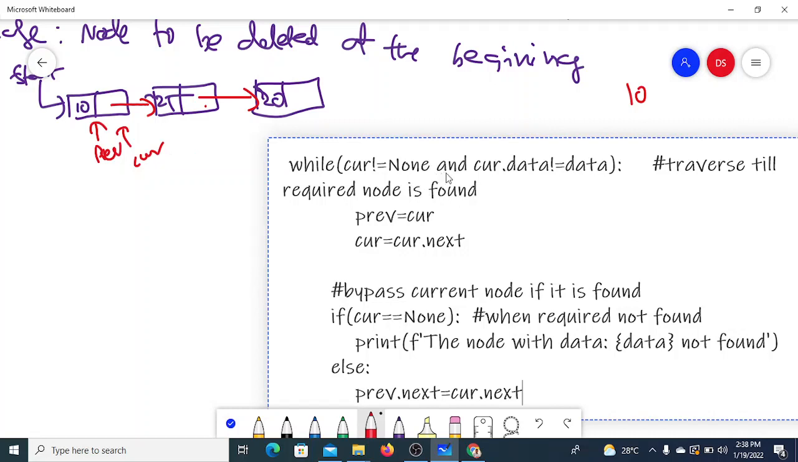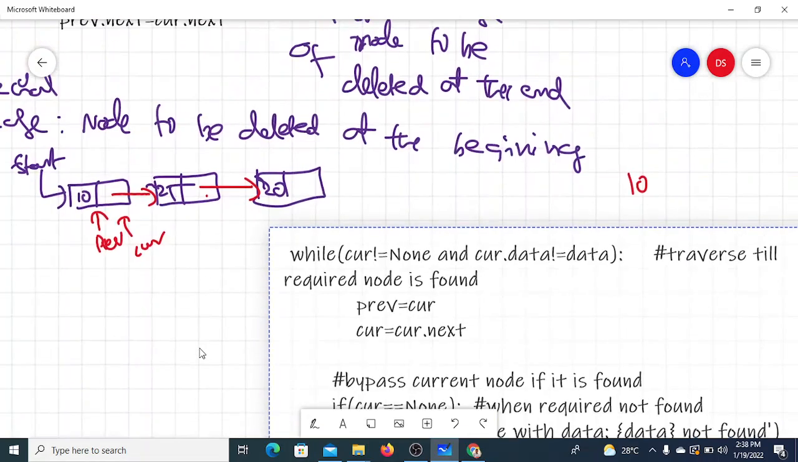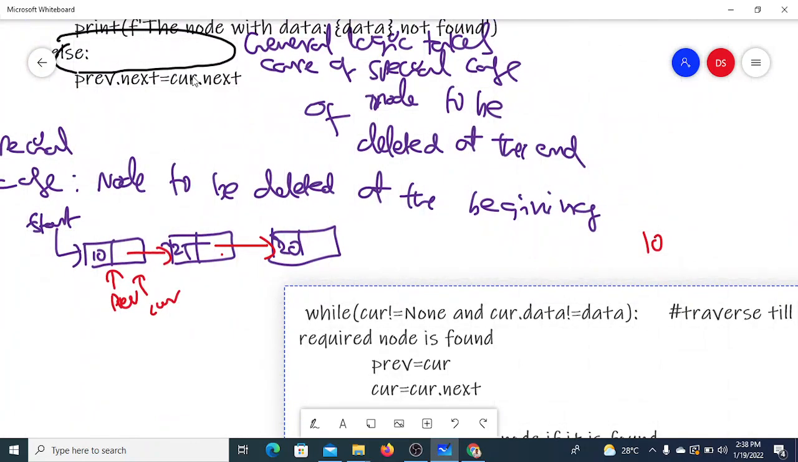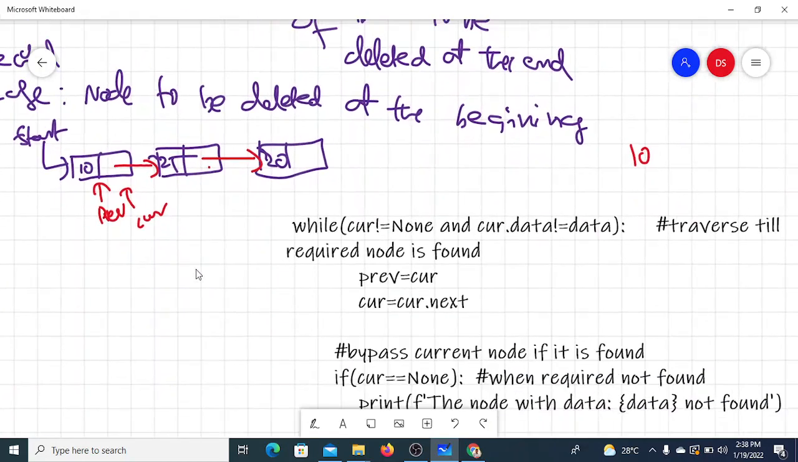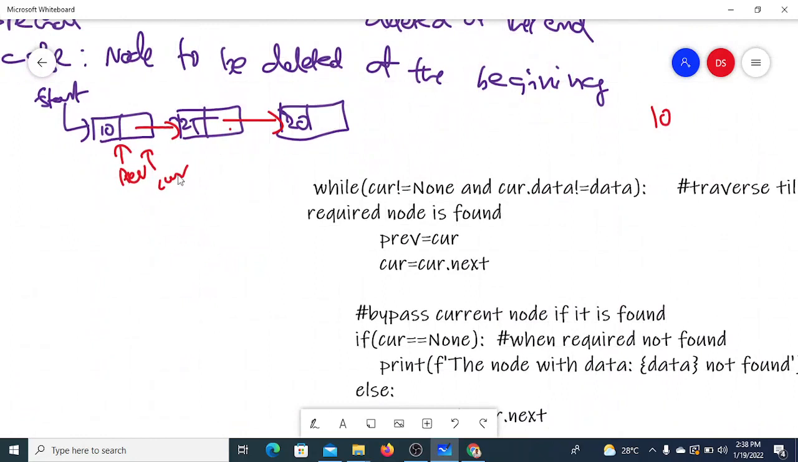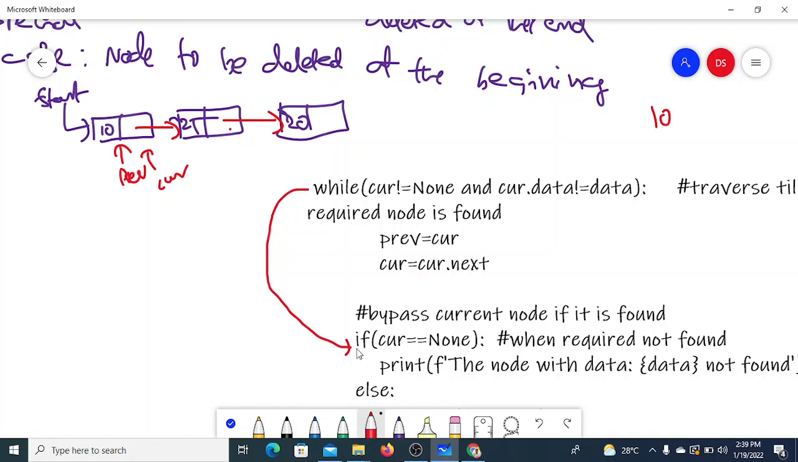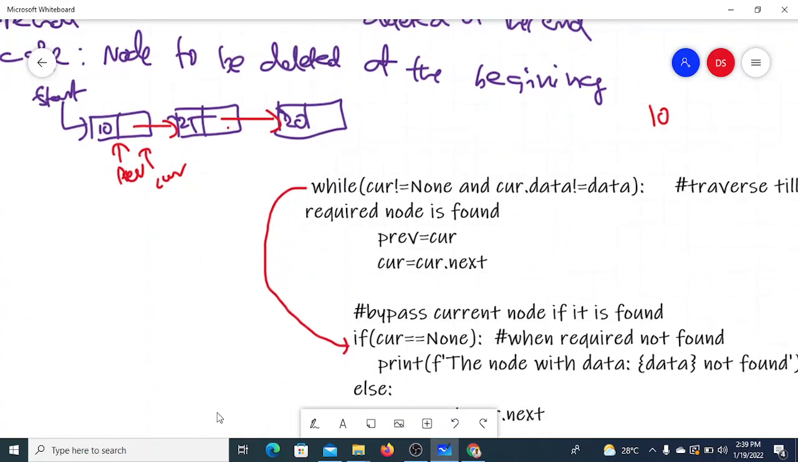Now current not equals to none, true; current data not equals to data, it is false. So the loop is terminated. When current data not equals to data is false, the loop is terminated. It comes here. Now current is not none, it's false,